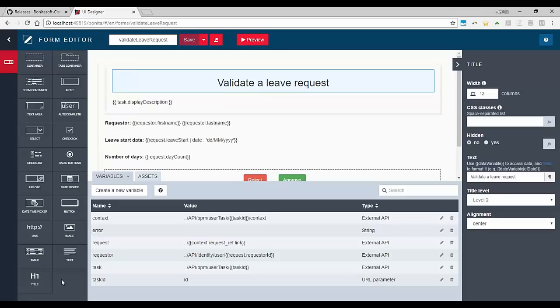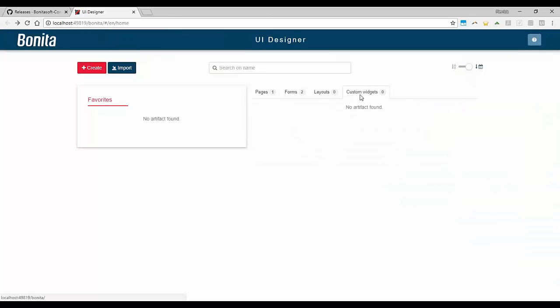So you can see that we provide a lot of default widgets. And this is coming out of the box. You don't have anything to do. What we can do is to build our own custom widgets if we want. So as I told you, you have default widgets, but if you want something really specific to your organization, then you will be able to define your own custom widget.